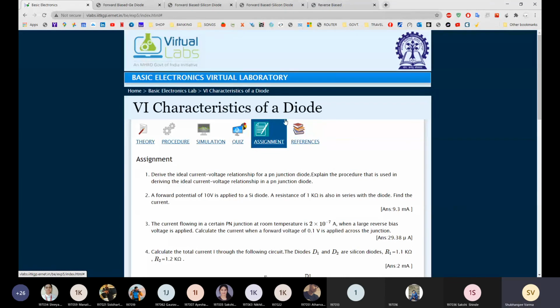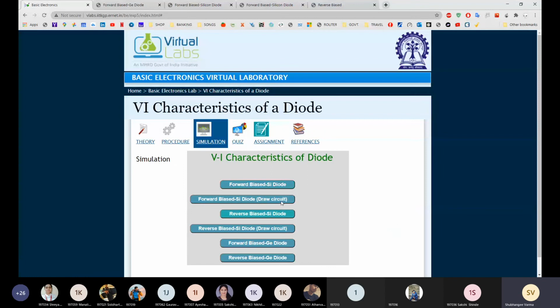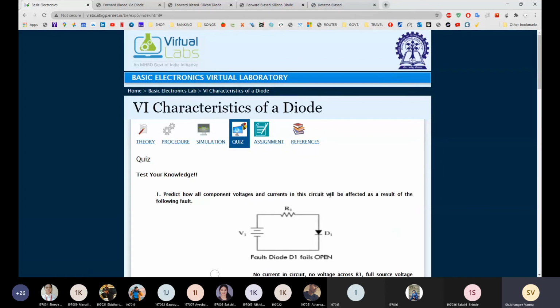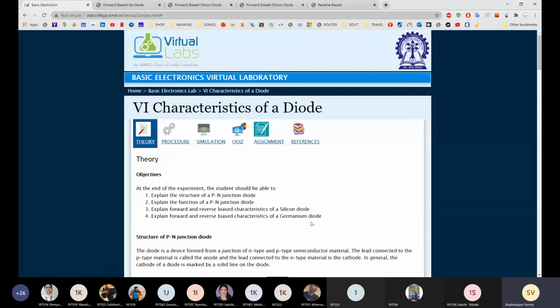You can simulate, perform the experiment, and solve the quiz on your mobile. So don't worry about that. I have tried, students. I have simulated the experiment on my mobile also, and it simulates nicely. So simulate it, add to the table, and take a screenshot on mobile. On the PC there is a print option, but on mobile you can't print, so save a screenshot. Any more doubts?